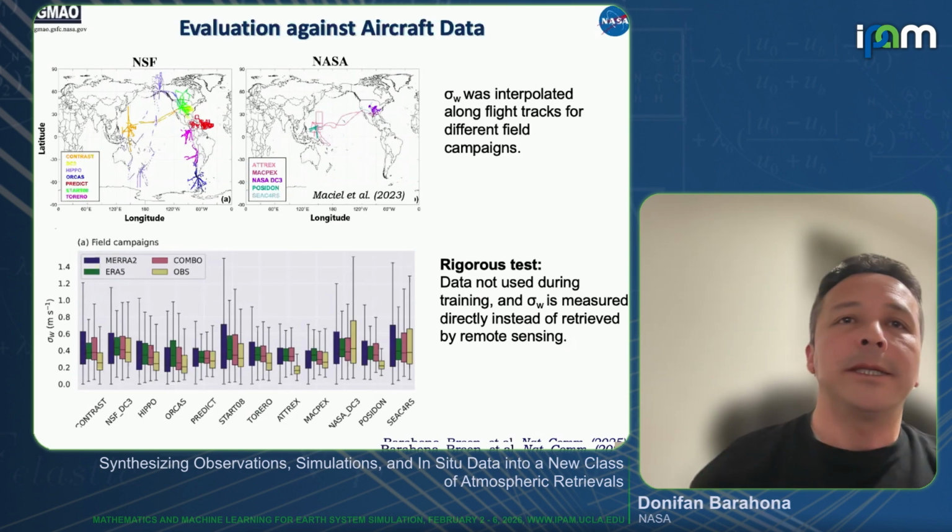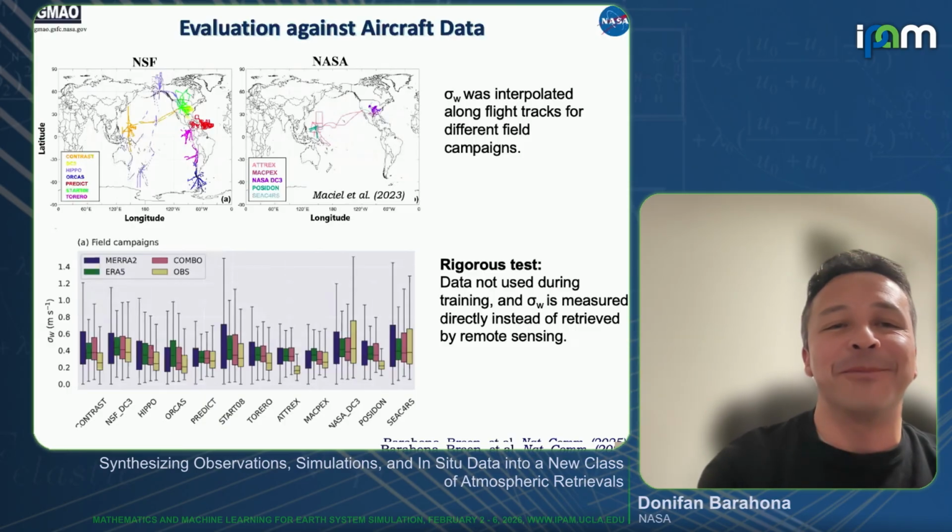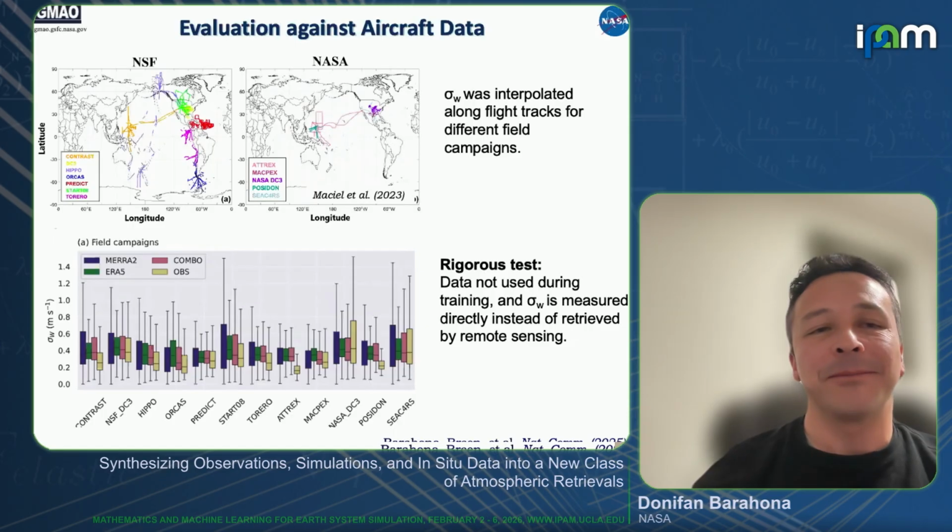We don't do well all the time. For example, if you look at this ATom here or this Poseidon, well, we actually are kind of overestimating variability there. And if you actually go ahead and look where those happen, well, that happens where we don't have enough data, which tends to be a problem with this. So we are always looking for more data to refine these networks.